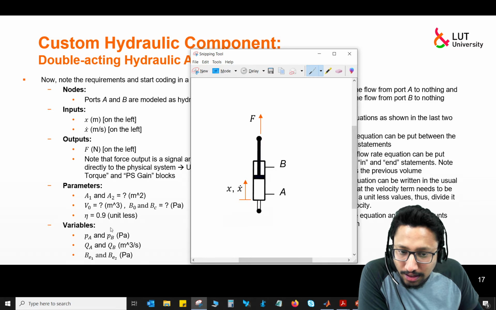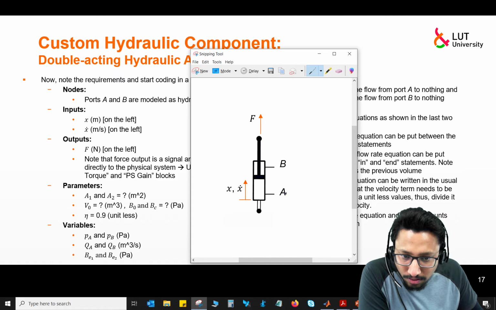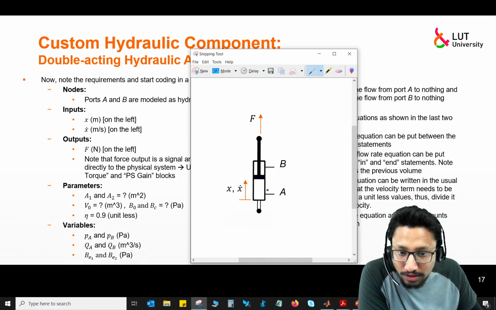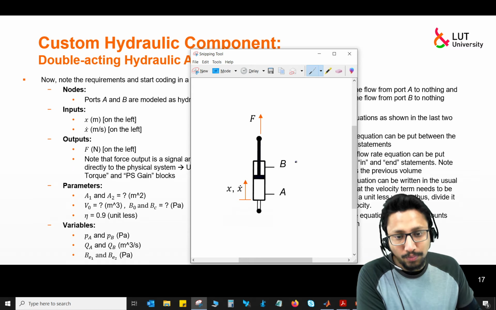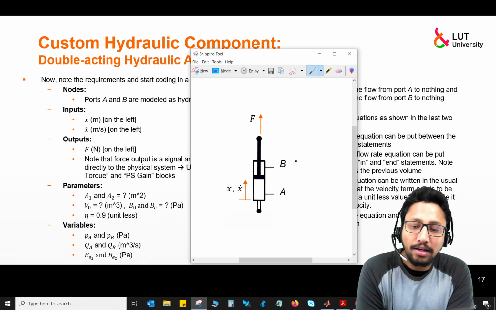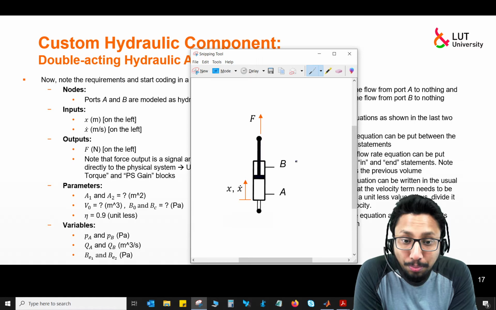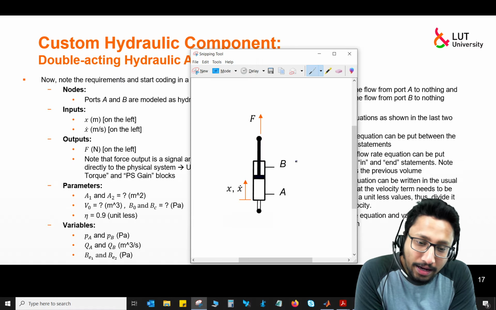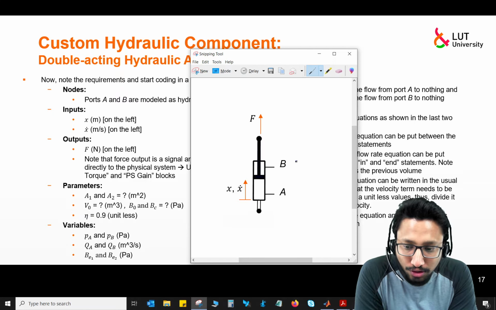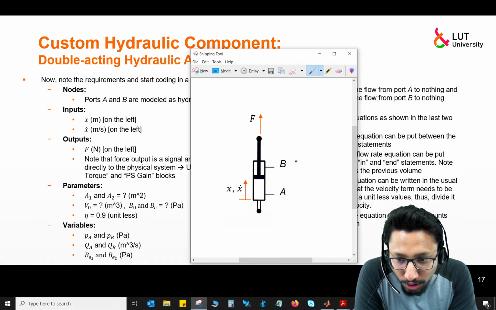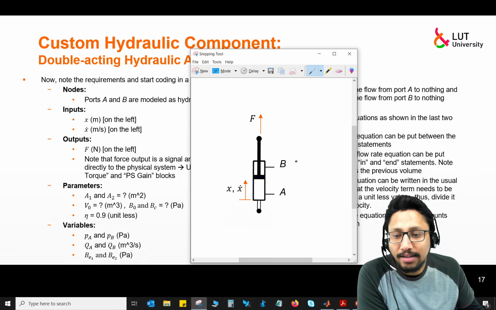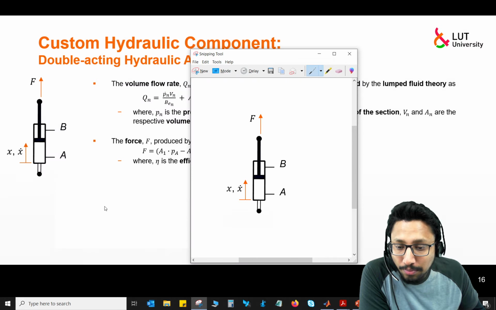Once you have understood that part, understand the variables that are needed. The variables needed are the pressure in this part of the circuit, PA, and the associated flow, QA. Similarly, there is the pressure in this other part of the circuit, PB, and the associated flow, QB. In calculating pressures or flow rates, you need the effective bulk modulus as well, and you can model it as a variable. Why as a variable?